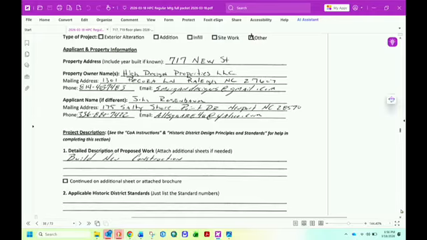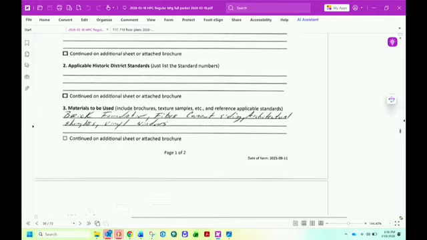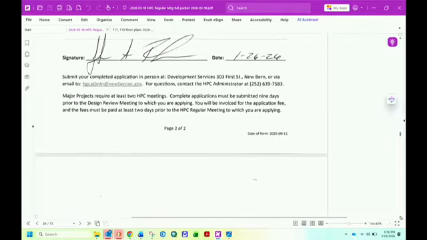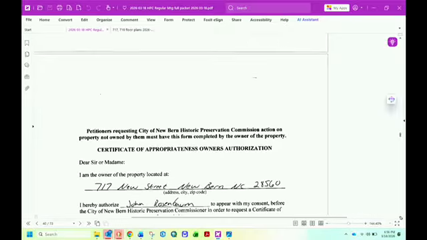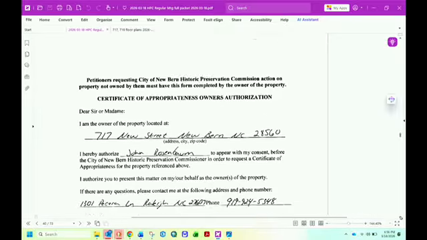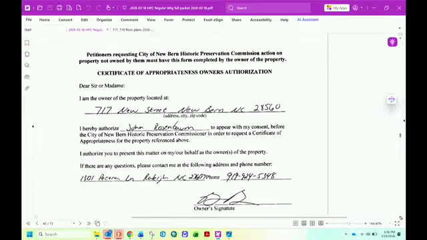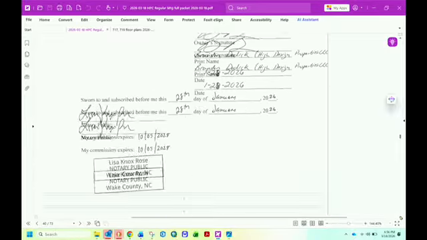Okay. Thank you. So 717 New Street: the property owner is High Design Properties, and the applicant is Mr. Rosenbaum. He has been authorized to speak for them on this project with this form here.